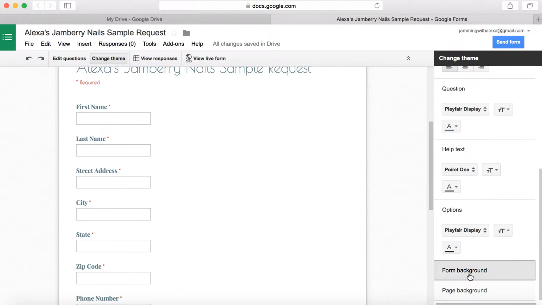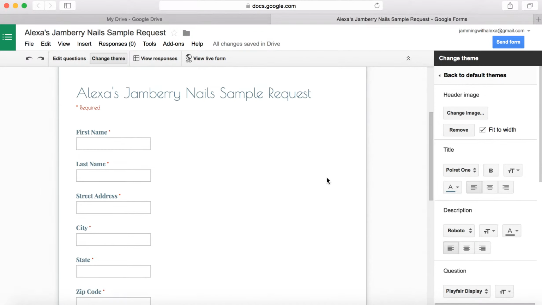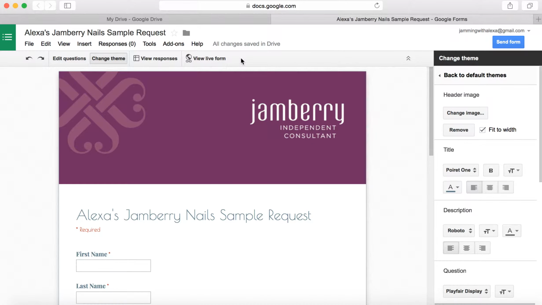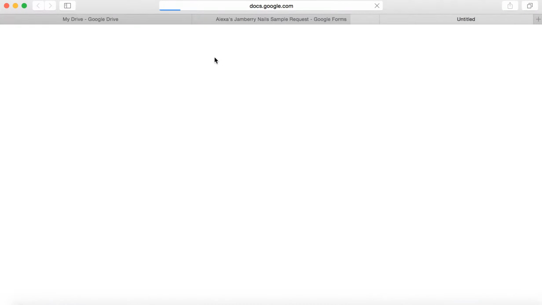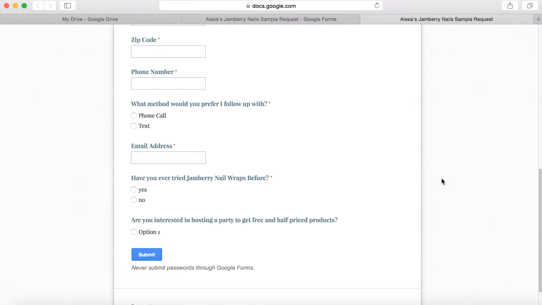You can also change the form background, which would be this area, but I leave it white, and then the page background, which would be this area, which you can add an image or just leave it the way it is. So anyways, that's pretty much it. And what you're going to want to do is to preview it, just click View Live Form. And this is what your guests would see when they go to request a